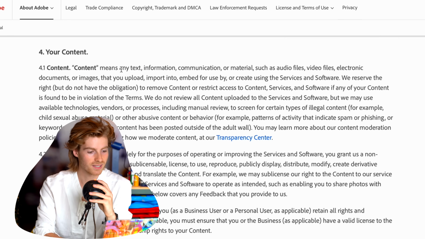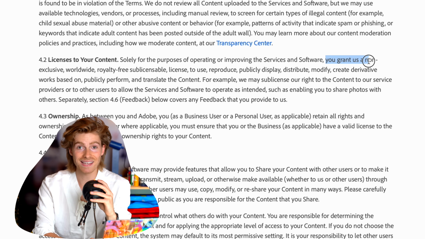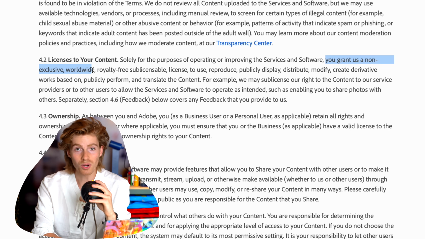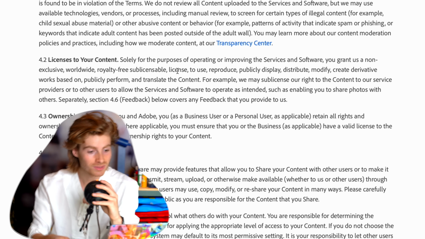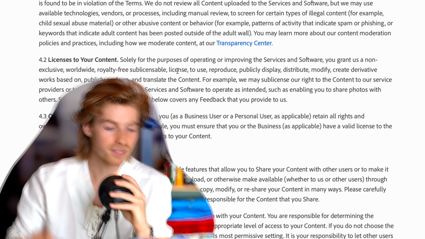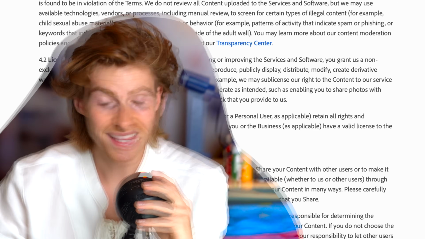It then clarifies content means any text, information, communication, such as audio, video, documents, or images that you upload or create using our services or software. "You grant us a non-exclusive, worldwide, royalty-free license to use, reproduce, publicly display, distribute, modify, create derivative works based on, publicly perform, and translate the content."